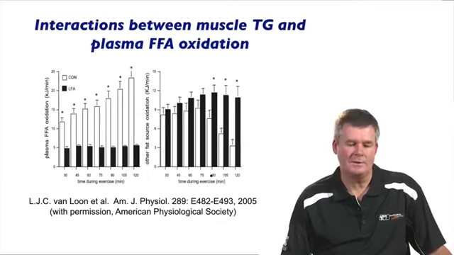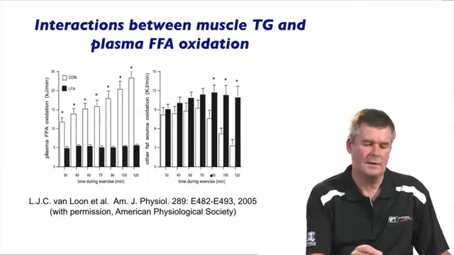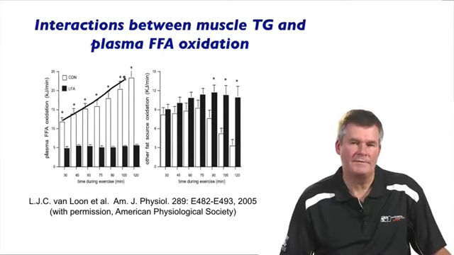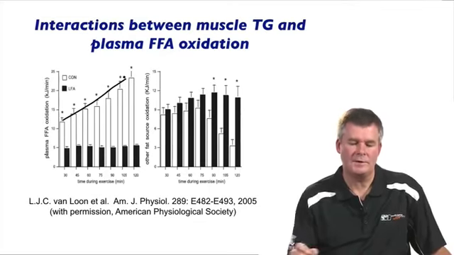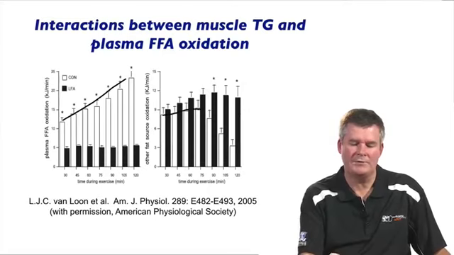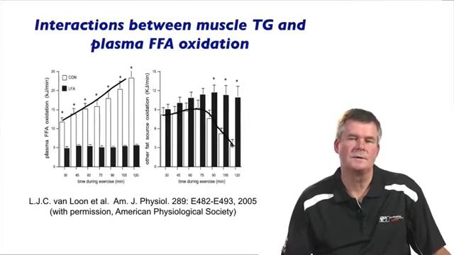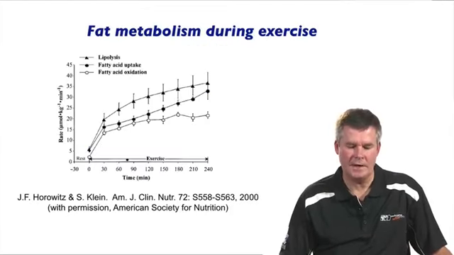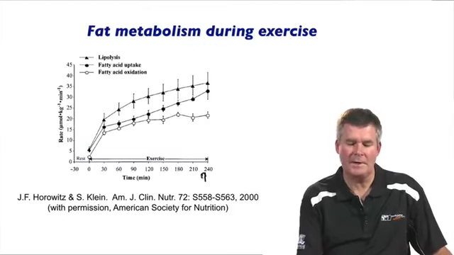In a normal situation, over time, as I showed you in the previous slide, you can see a progressive increase in fat oxidation of fatty acids derived from the plasma. And that's associated with a breakdown of muscle triglycerides, which then declines as the increase in fatty acid oxidation from the plasma occurs. If you give these subjects a drug which blocks the mobilization of fatty acids from their adipose tissue, and you can see in this slide during quite prolonged exercise lasting about 4 hours,